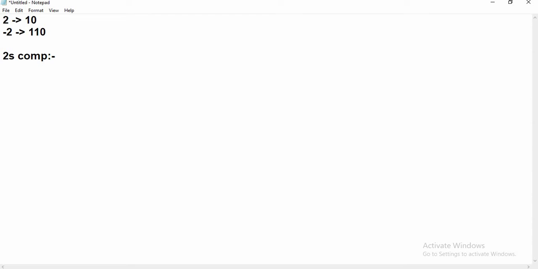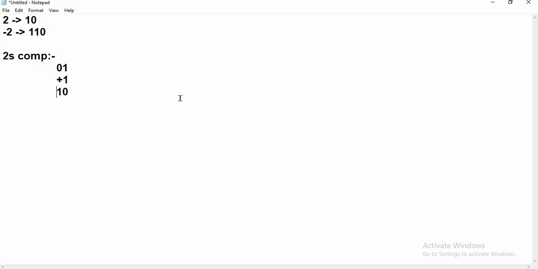first we will reverse it. It becomes 0, 1, and we are going to add 1 to it. Now it becomes 1, 0. This is the 2's complement of -2, and it will have the sign extension till the 32-bit.